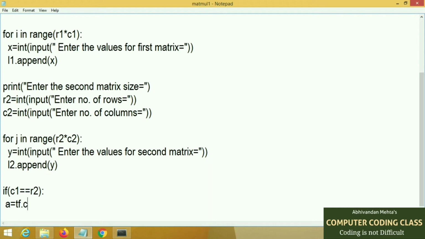Now we will convert these two lists into matrices. Here we will pass the shape parameter.